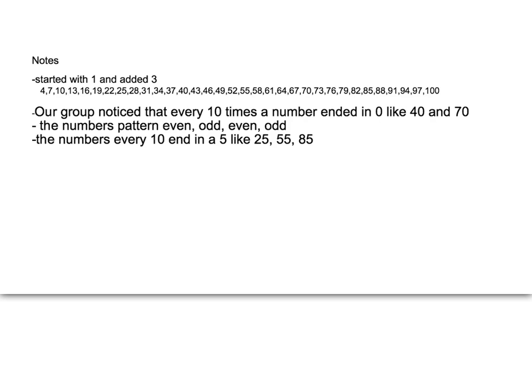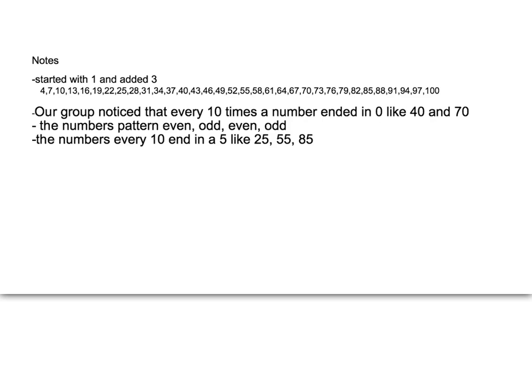So the numbers that we saw in our pattern were 4, 7, 10, 13, 16, 19, 22, 25, 28, 31, 34, 37, 40, 43, 46, 49, 52, 55, 58, 61, 64, 67, 70, 73, 76, 79, 82, 85, 88, 91, 94, 97, 100. Our group noticed that every 10 times a number ended in a 0, like the number 40